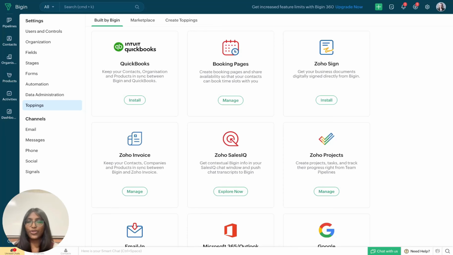In this video, we'll be focusing on Bigin's integration with the popular accounting software QuickBooks Online. With this integration, managing your sales and finance operations will become smoother than ever. You will be able to automatically sync your contacts, products, invoices, and estimates across both platforms. Not only that, you'll also be able to generate, share, and track the status of invoices and estimates without leaving Bigin. Now, let's take a look at how you can install this integration and then leverage it to make your